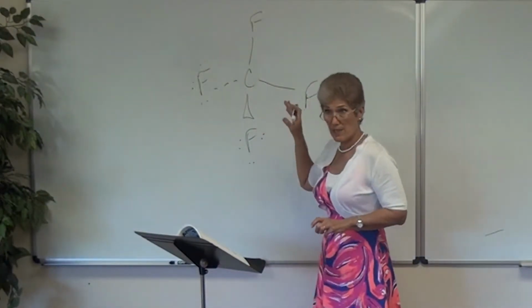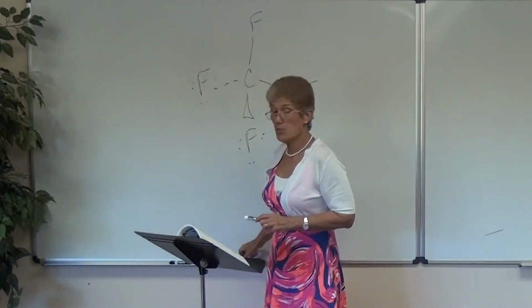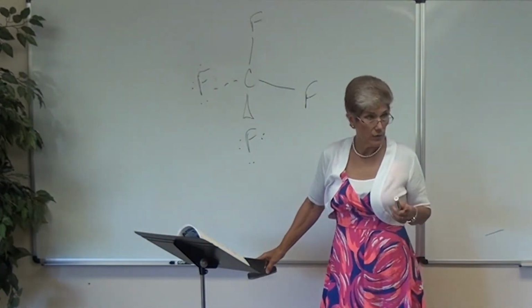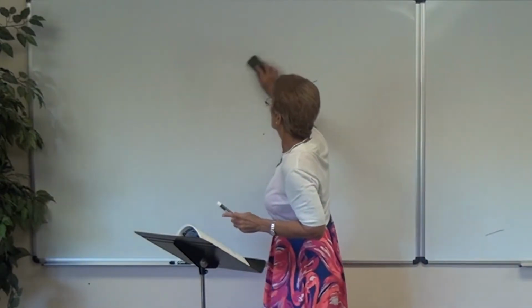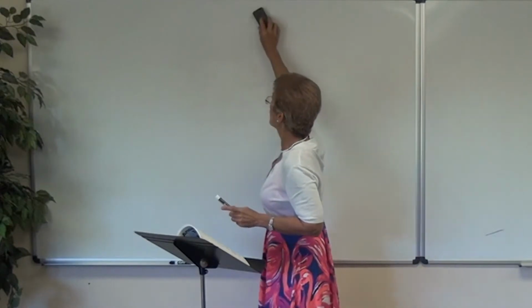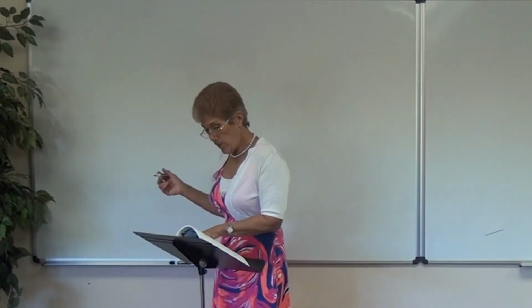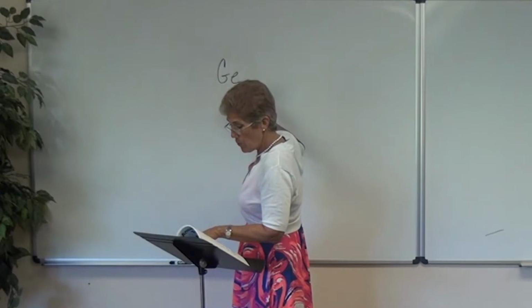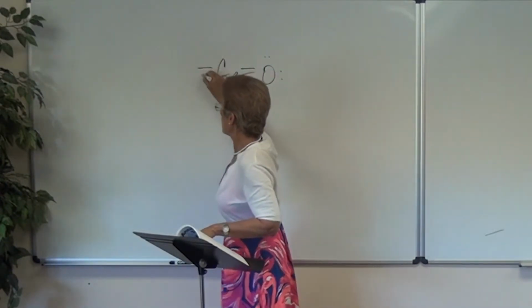I'm not going to keep going, but that's what it would look like with the dots around it. And that's a tetrahedral. That is purely nonpolar, depending on how you wanted to say it. Yes, sir? I got the wording for tetrahedral or tetrahedron and trigonal and stuff, and I said tetragonal. Is that okay? That's just a spelling error. Fix it. Okay, then we get to GeO2, and so that one actually looks a lot like carbon